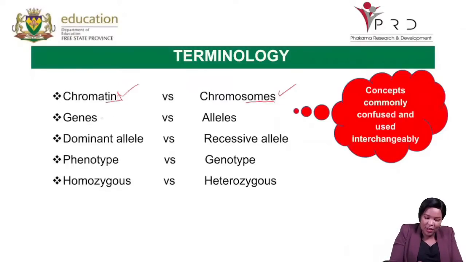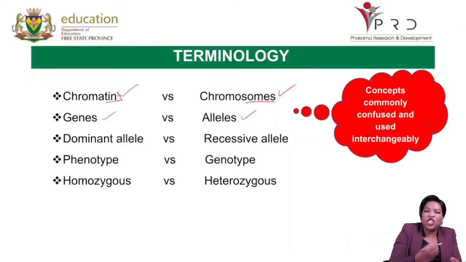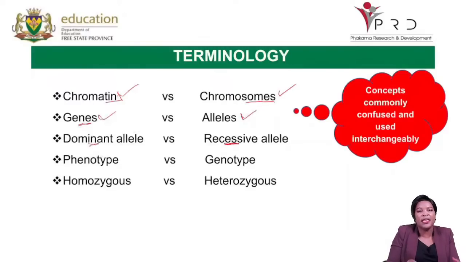Then this one, we see it a lot: genes and alleles. Someone wants to say the alleles of the parent are giving this particular character, and they will say genes. And when you say a gene, it is still a general thing. So you need to be specific. Know when to use the term gene and when to use the term allele. Then the dominant allele and the recessive allele. When we say an allele is dominant, what do we mean? When we say an allele is recessive, remember the recessive is the one that is going to be masked by the dominant one. The dominant one is the one that is going to show in the offspring